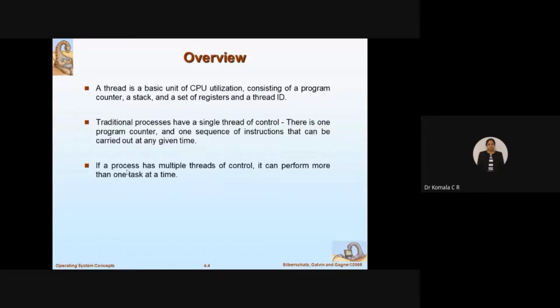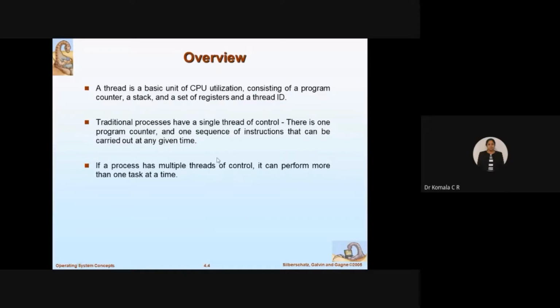So I have a heavyweight process. That means I have more than one program. What is a process? A process is nothing but a program in execution. I am in the execution state. I have more than one program to be executed. I have put them in one unit called a thread. Here, since I have more than one thread, I will call that unit multiple threads.